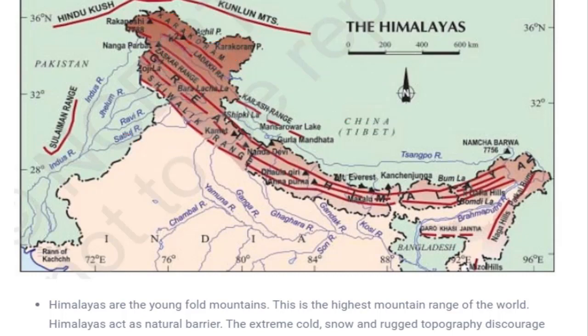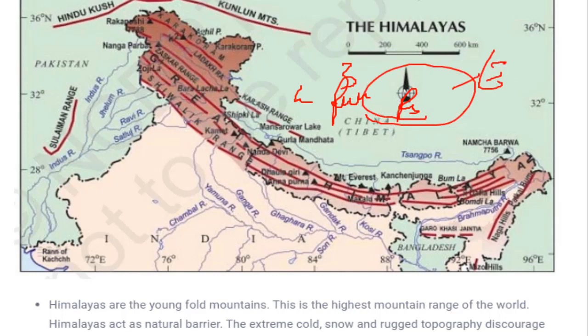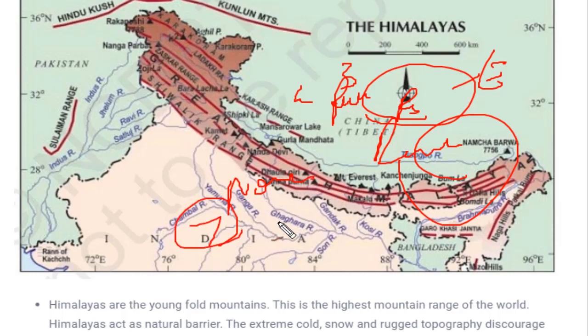Last but not the least of the northern part is the Purvanchal hills. Purvanchal is a direction in Hindi. In Hindi we have Purab, Paschim, Uttar, Dakshin. So Purvanchal or the Purab direction is east. That means the mountains which lie in the eastern direction are called Purvanchal hills. In the east we have the northeastern states. We have 7 states in our northeastern part. There are several hills like Garo, Khasi, Naga, Patkai, Mizo.